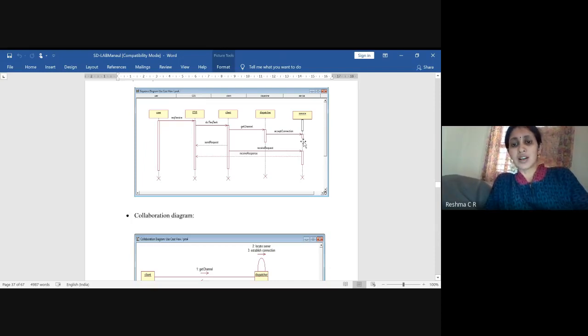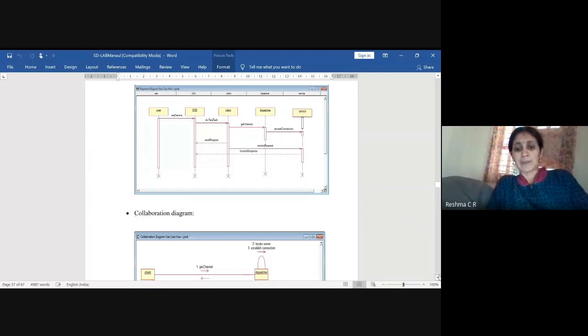Once the connection is accepted, the client will send a service request. The service is going to reply back to the client dispatcher system that the response requested by the client has been executed.